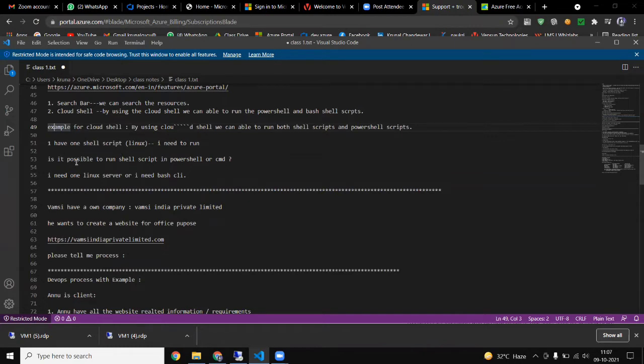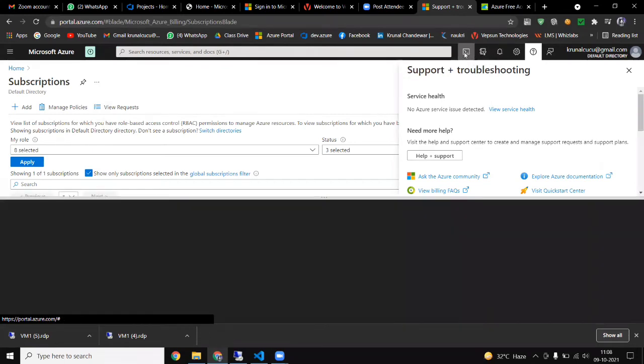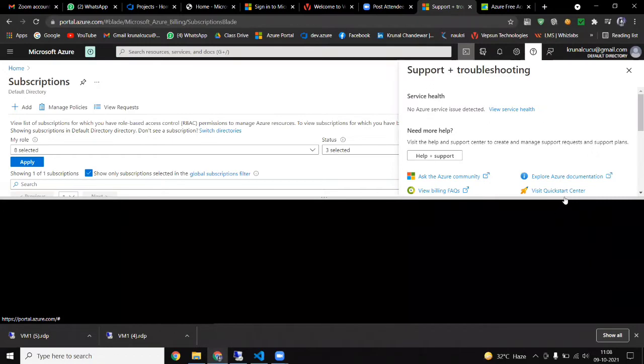And it is possible to run a shell script in PowerShell or CMD also. In command prompt also we can run that, because our command line prompt accepts all of that, and that platform we are getting with the help of this cloud shell. Now, whatever commands you are using in Linux, if you want to run them here,